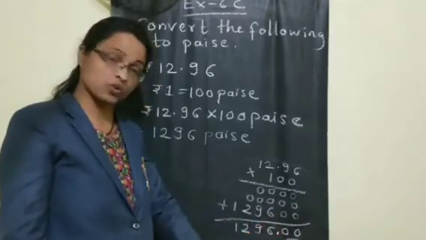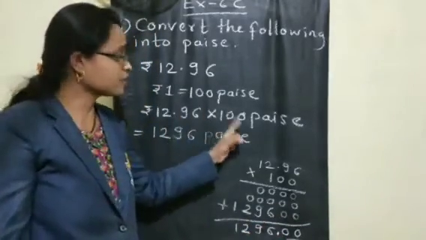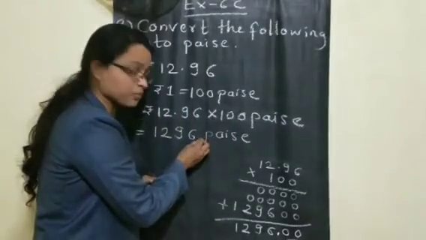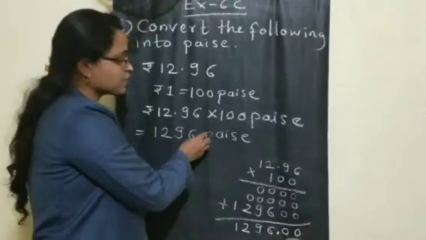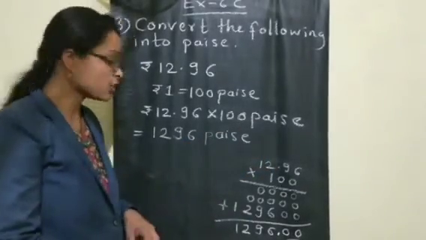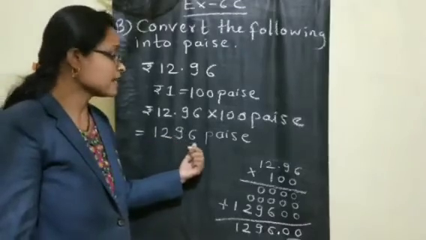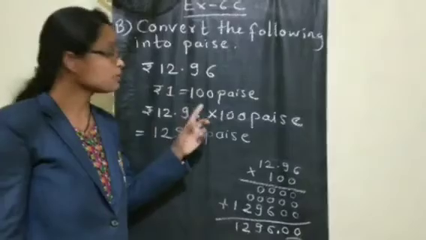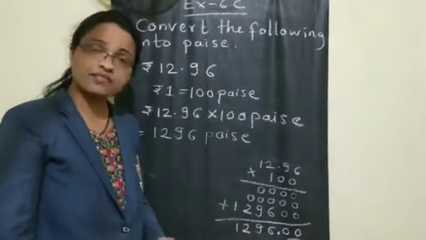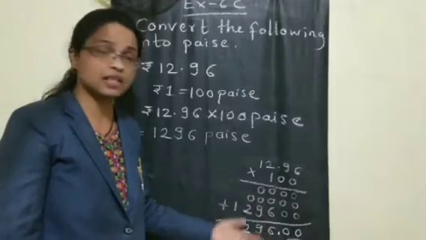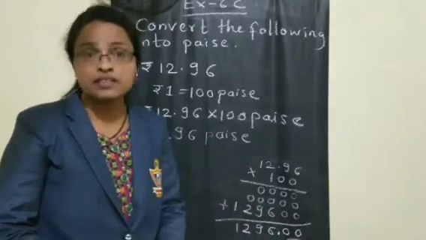1296, that is paise. That's why, if you solve and check like this, after multiplying, because of the dot, the 0 goes, and the dot shifts to the right-hand side after the number, and after the number there is nothing, so we are not considering that dot. 1296 paise. Like this you have to remove the dot by multiplying with 100. And for you people, there is no need of doing all the steps here, because 3-digit multiplication is not there for you this year.